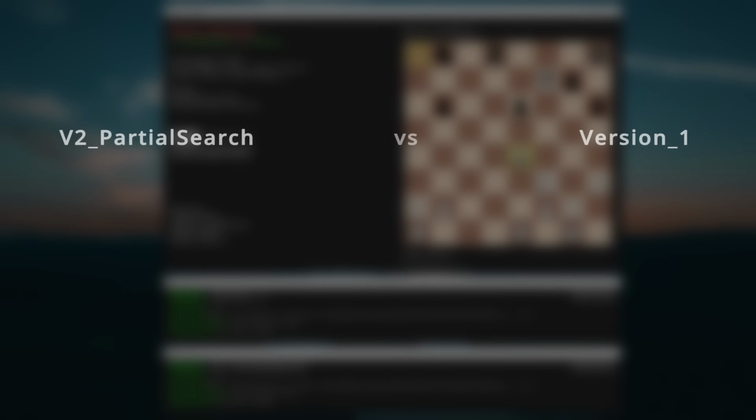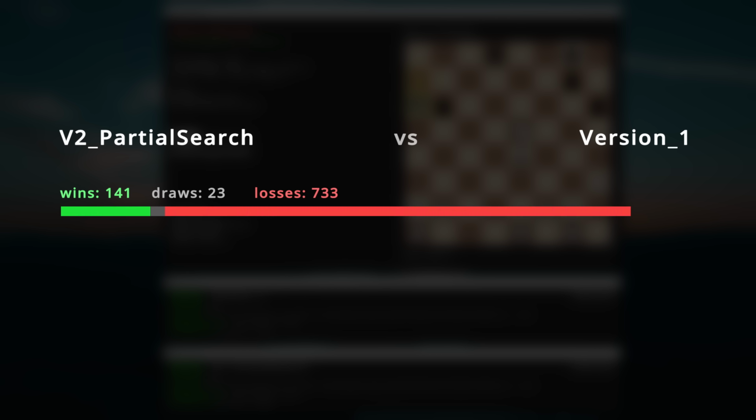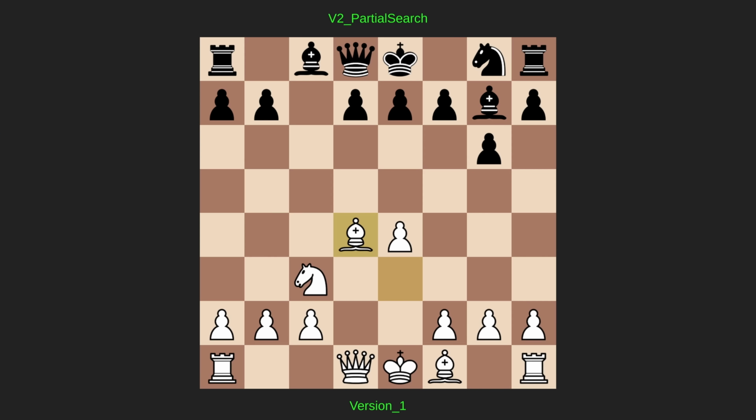Okay, the results are in for version 2 versus version 1, and we have 141 wins to 836 losses. Clearly, I've made a huge mistake. I have no idea what it is though, so I've started by looking at some of the games it played, and it is making catastrophic blunders like playing queen b6 in this position, where it can of course just be